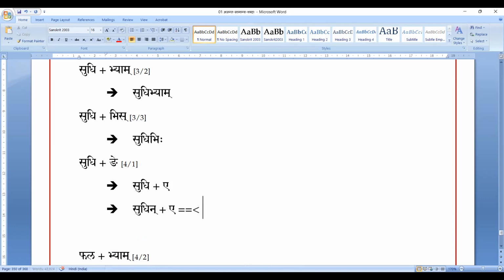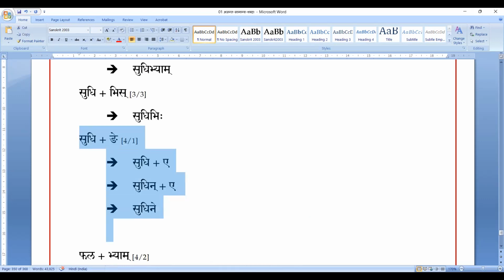Then you will have Sudhine, right? You get the form Sudhine. This is one form. This is Napumsaka Paksha. Pullinga Paksha,